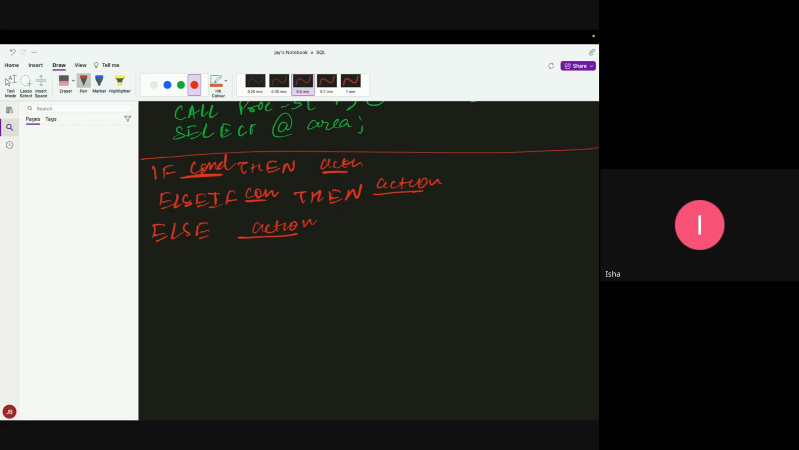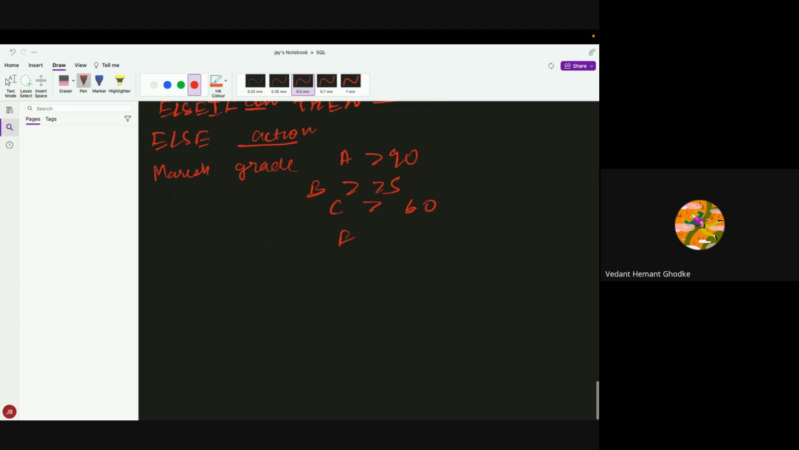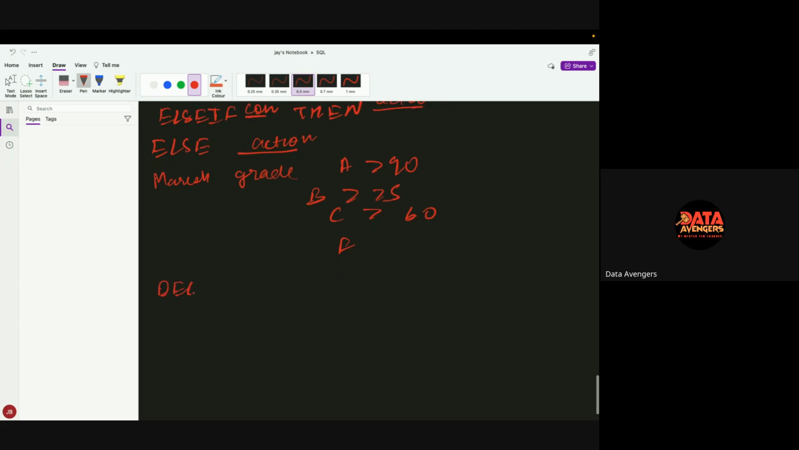Now let's say on the basis of marks, you want to assign some grade. Let's say A grade if greater than 90, B grade if greater than 75, C grade if greater than 60, otherwise F grade. Clear? How would you do it? You will say delimiter